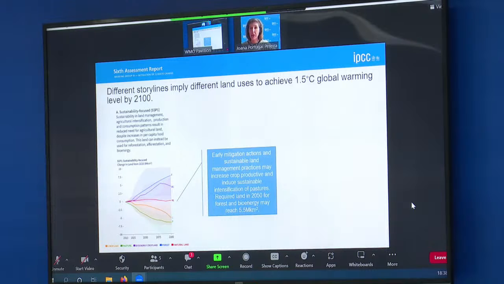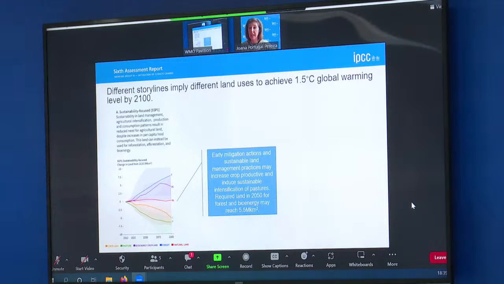So if we think about the shared socioeconomic pathway 1, that assumes a more sustainable future, sustainable land management and sustainable intensification of land, we actually see lower requirements for pasture and crop, assuming higher productivity and intensity of land use, and we would actually have available land to increase bioenergy and forestry from afforestation. And overall, up to 2050, the land required for forest and bioenergy in this pathway would reach around 5.5 billion